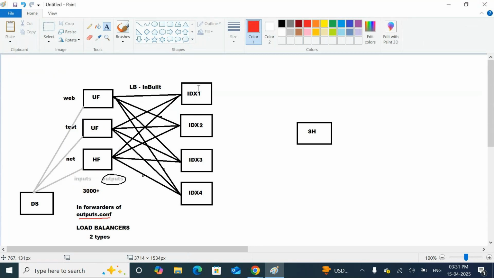If an indexer fails, the forwarders immediately notice. If you don't get any acknowledgement, the forwarder thinks there is no indexer, and immediately it will shift the direction to another available indexer. You got my point?